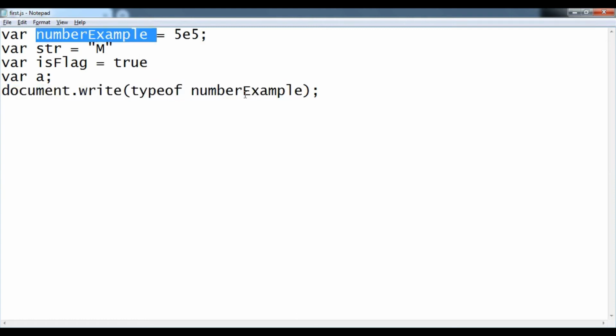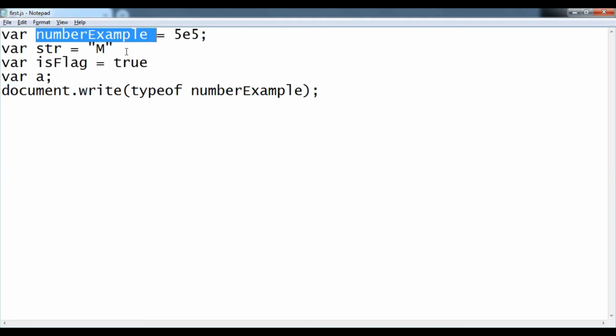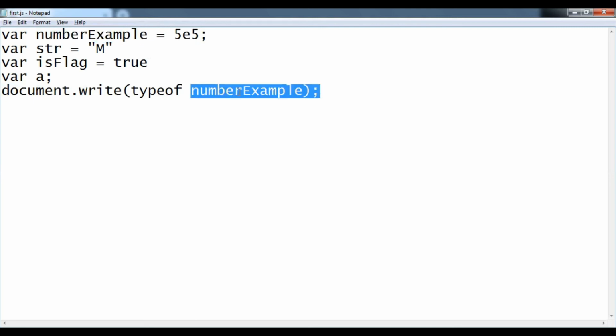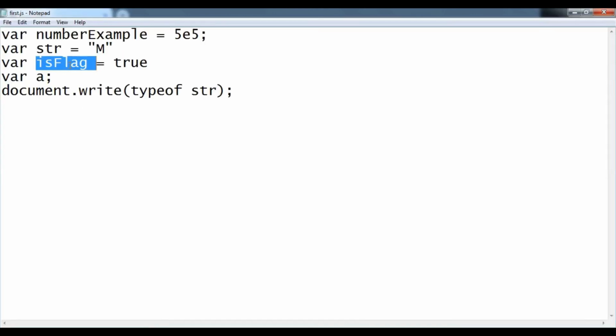Same like this we can also check for the str variable. Let me check for str as well. Okay, so let's go here and check this as a string. Okay, here we go. We are able to see string, and same we can do for isFlag.